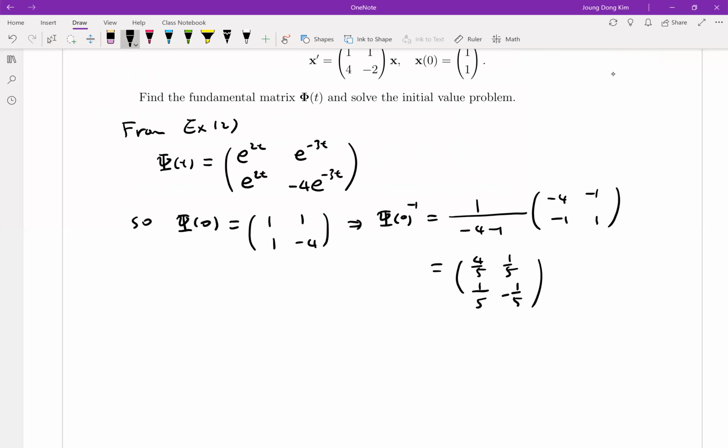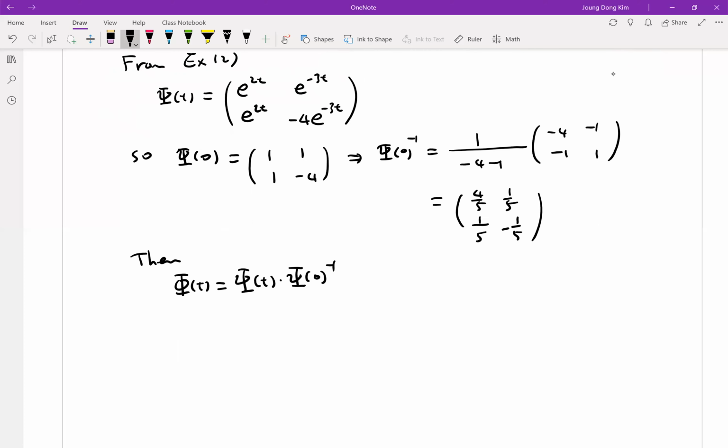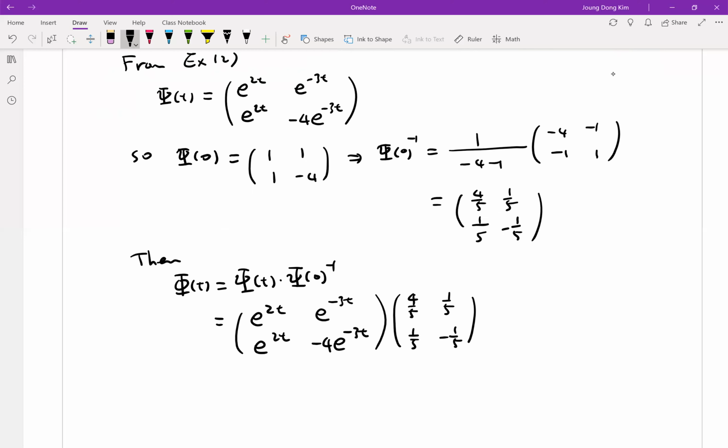So what is my fundamental matrix? Phi t is equal to psi t times psi 0 inverse, which is the matrix with e to the 2t and e to the minus 3t entries, times 4/5, 1/5, 1/5, negative 1/5. When you multiply these, it is equal to